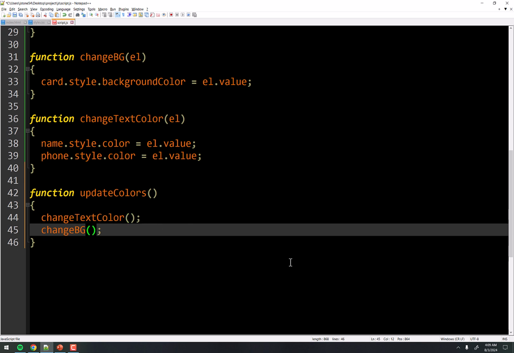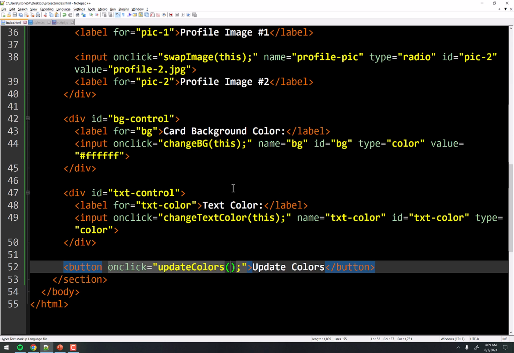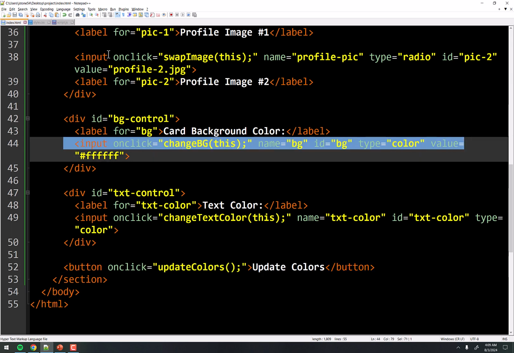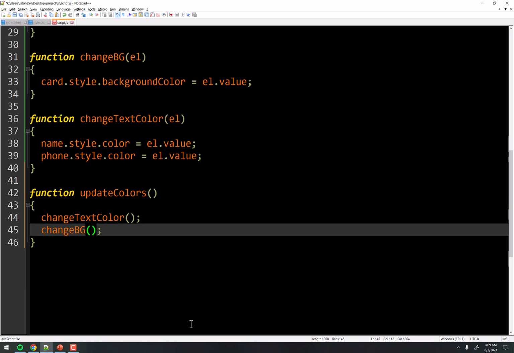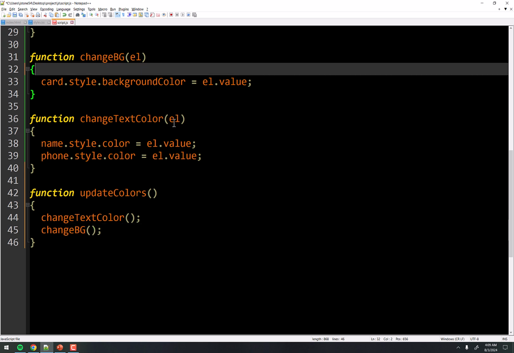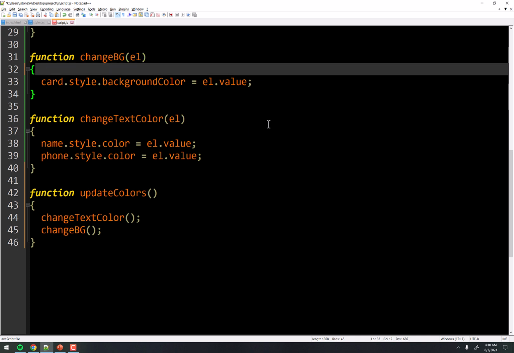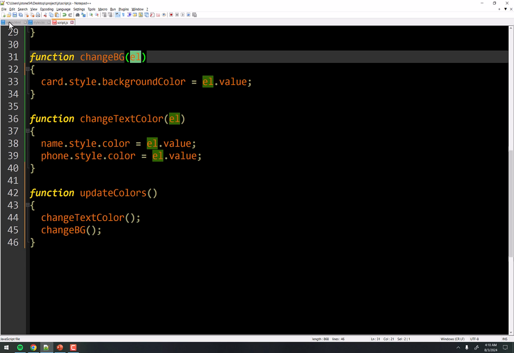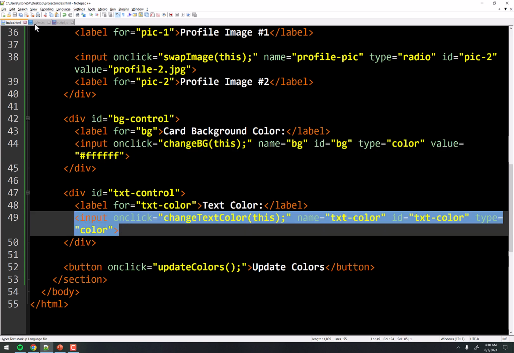Now, there's a couple ways around this. I can, right here, we know what the elements are, right? So I can go do a document.getElementById and grab this thing and then pass that in right here as a parameter and do the same thing here. And then everything will be working just fine. Or I could remove the parameter entirely from both of these functions here, and then inside the functions, do the document.getElementById and grab the element that way. Both will work. Either way, we know that the change background element is this tag right here, and we know that the change text color element is going to be this tag. So we can do that either way.